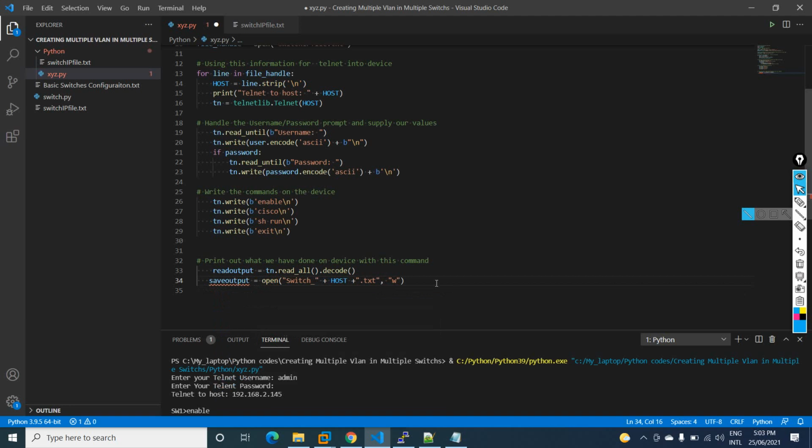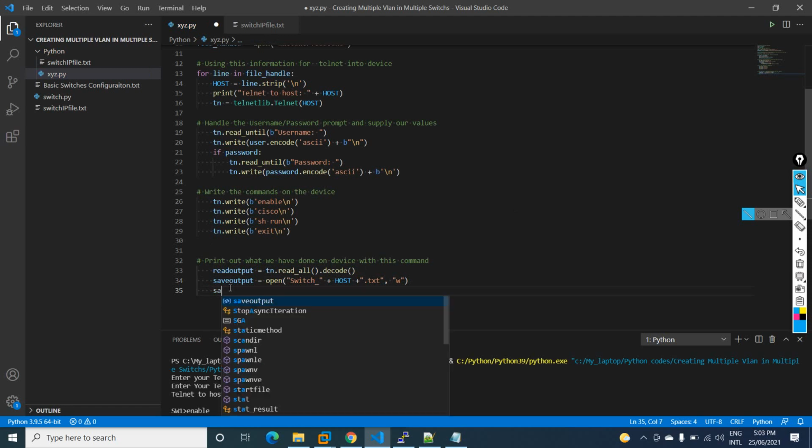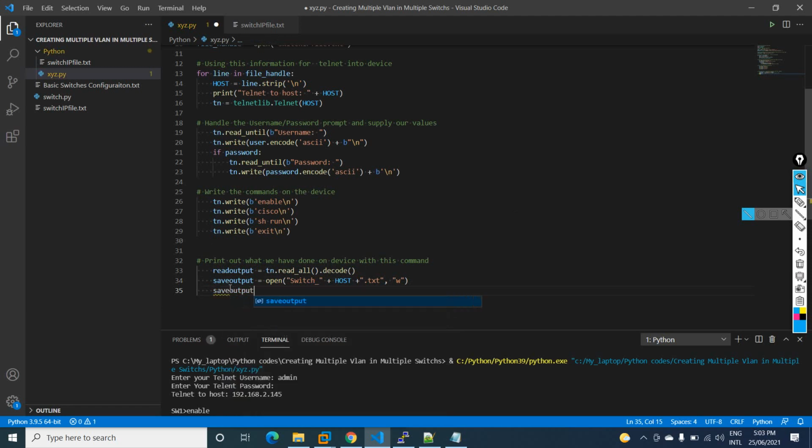After that, whatever file this is, it is a variable. We created the file and we are going to store it in the variable. After that, in this variable we are going to write. So what I will do here is write the variable save output dot write.